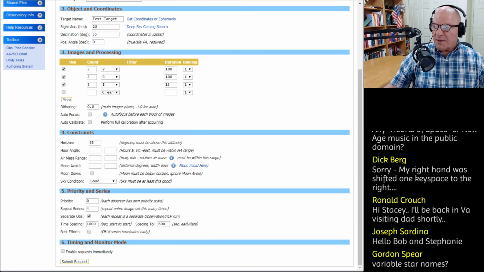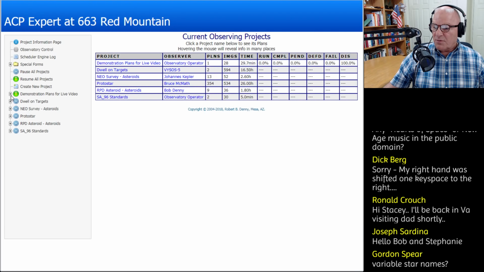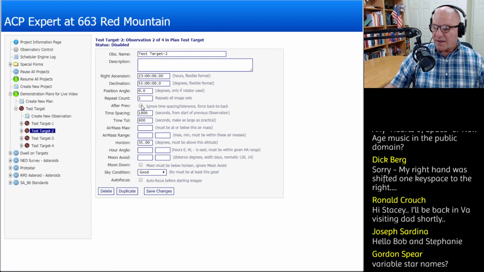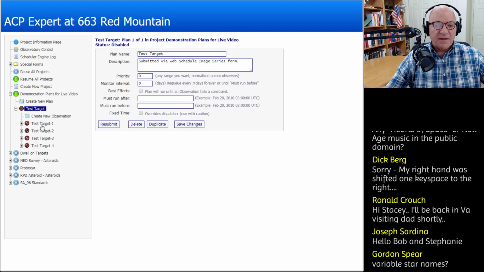Now we're going to get something like what we had for the asteroid survey, which is we get 4 observations again, but this time it's not back to back. Instead, we have the 1800 second spacing. I'm going to repeat this: although the scheduler has started the test target and has committed the time slots for the 4 observations, there are half-hour gaps in there, so it can come back at the